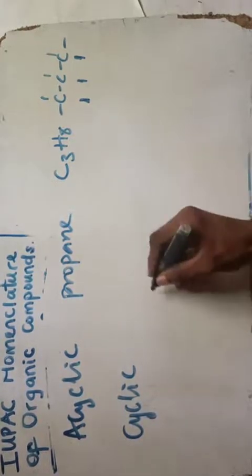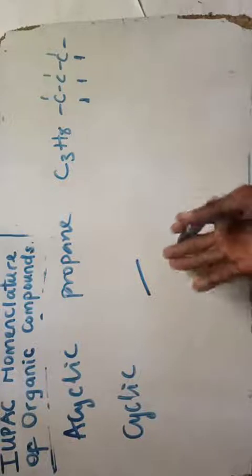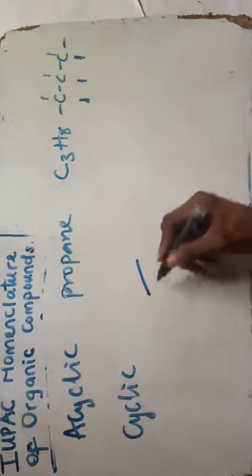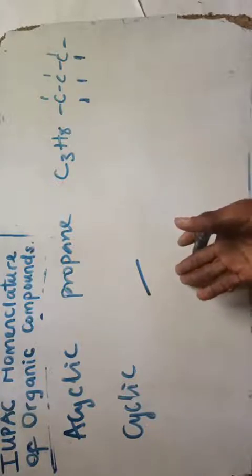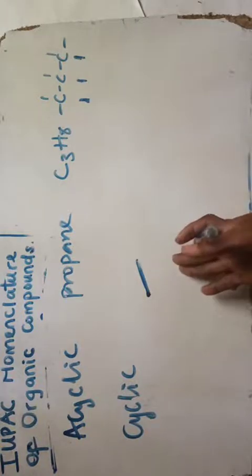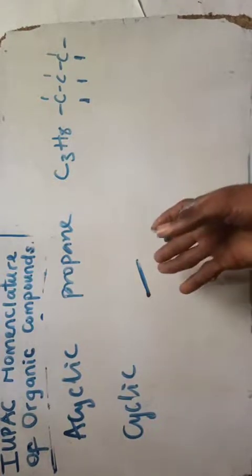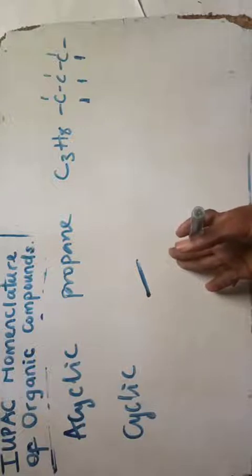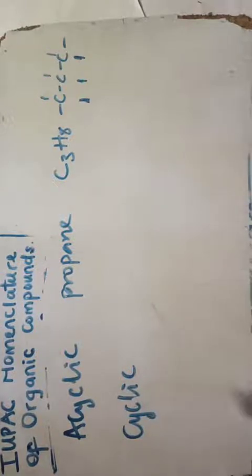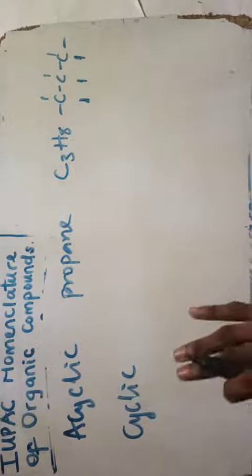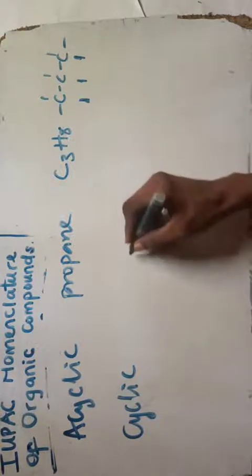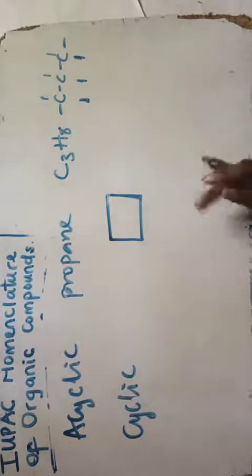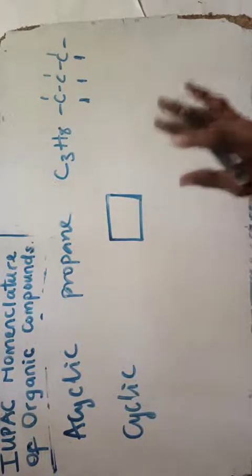What about if you do something like this? Yeah, this is a compound, but in cyclic manner. Now here is just, this is a very simple one. You can say cyclo 1, 2, cycloethane. This is just ethane. Okay, cycloethane. Now there are differences between cyclic and membered ring. Now if I put something like this, let's say an example like this, this is simply cyclobutane.